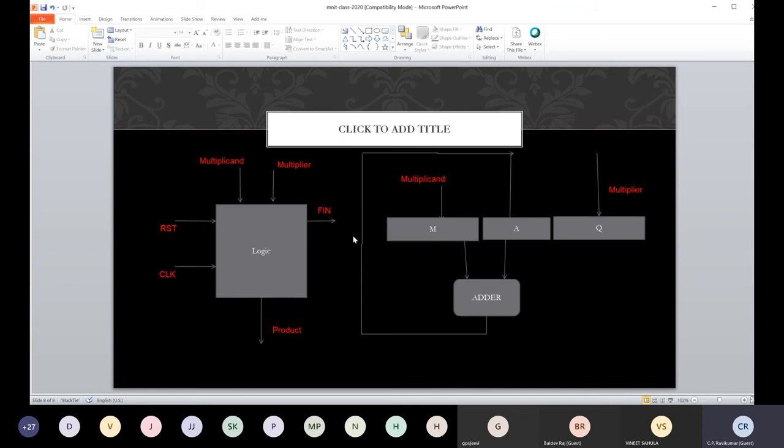So when we do a reset, we must remember to clear the accumulator, load the multiplier, load the multiplicand, right? And then there is a control logic somewhere here. And what are the inputs to this control logic? One input will be the last bit of the multiplier.